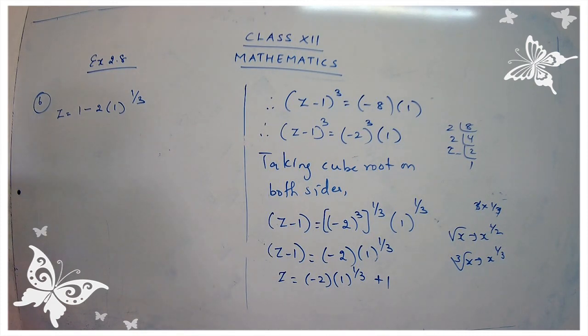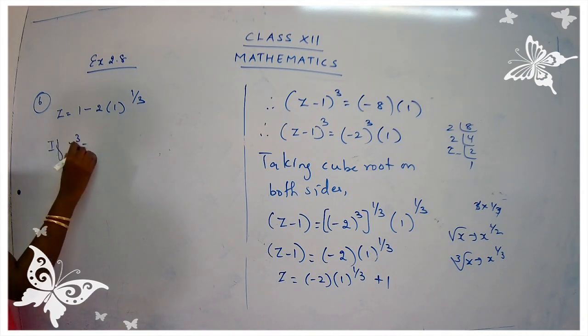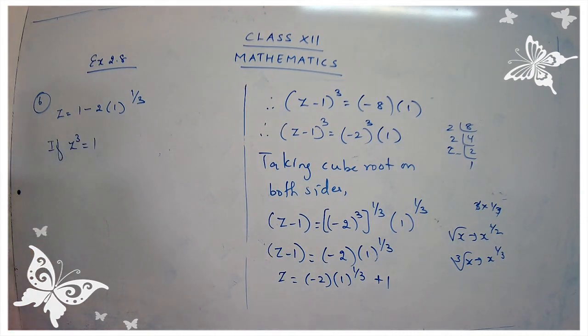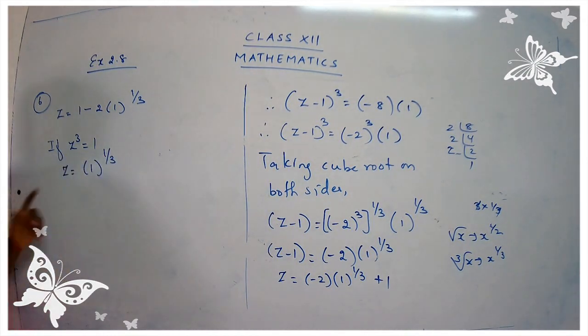Okay, children? So we are just going to write down the explanation why we are using 1 omega and omega square, and then we are going to substitute over here and we are going to get the required answer. Okay, children? So just explain the part over there. Write down. If z cube is equal to 1. Okay, this is the explanation part. Okay, why I am going to choose 1 omega and omega square. So if z cube is equal to 1, then z is equal to 1 raised to 1 by 3. Are you clear with this step?